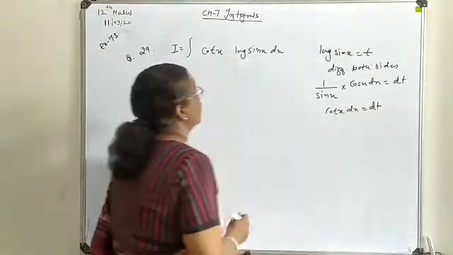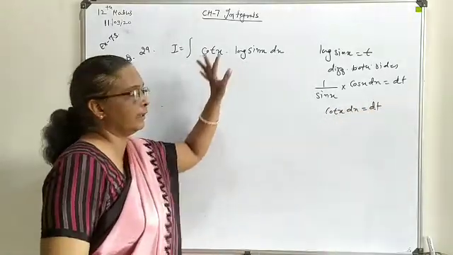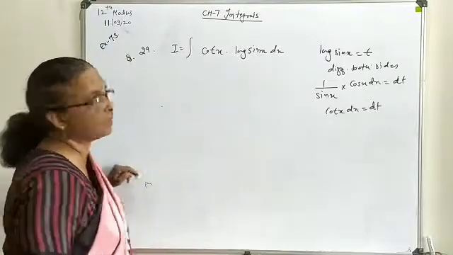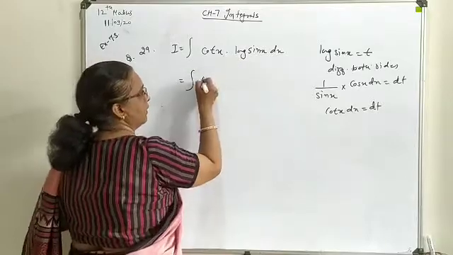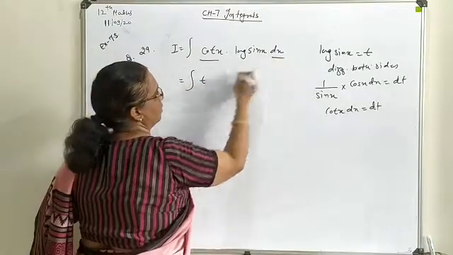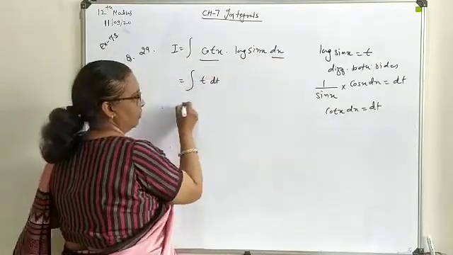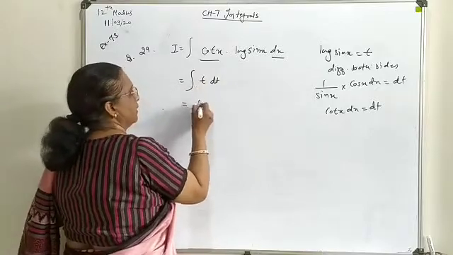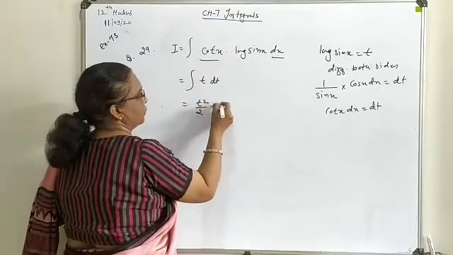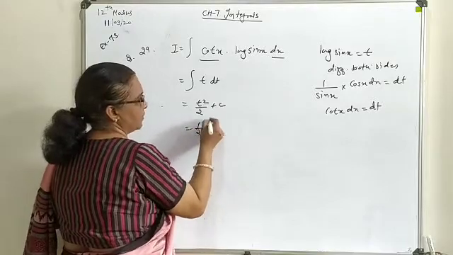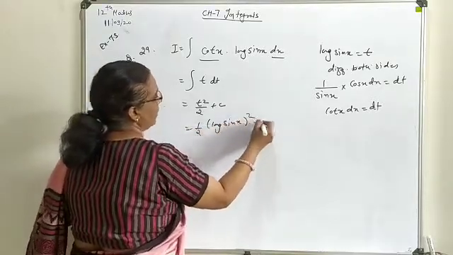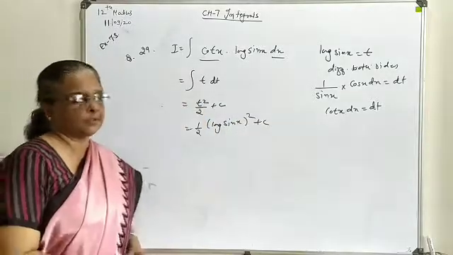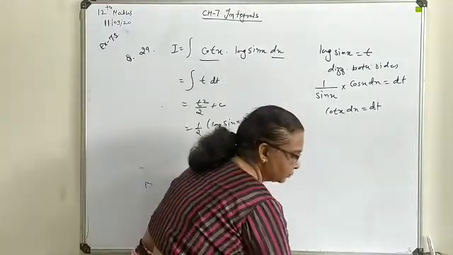Means here in the question you can see this cot x dx is directly available, which can be replaced as dt. So let's change your question frame. This is to be written as t, and this whole combination you will replace by dt. Now make it integrate, that will be t square upon 2. In place of t we will substitute your assumed term. So this way such type of combinations are to be handled.